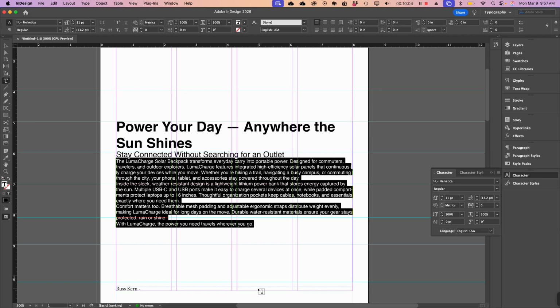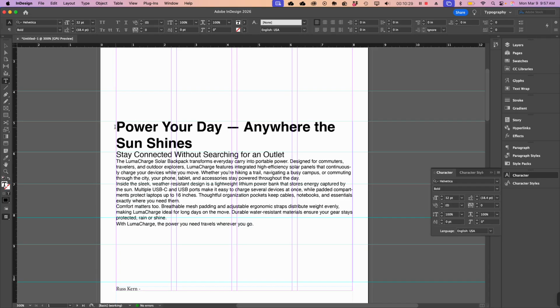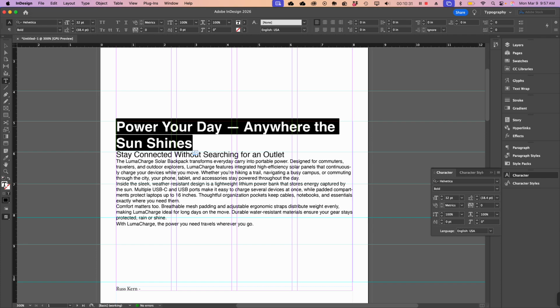So when I work with style sheets, I can do this a number of ways. I usually rough things together first. I'll pick my typefaces and get my major styles kind of planned out, just like I've done here. It needs a lot of finessing and massaging, but at least I've got the basics all set up. So what I'm going to do now is select my subhead or my headline here